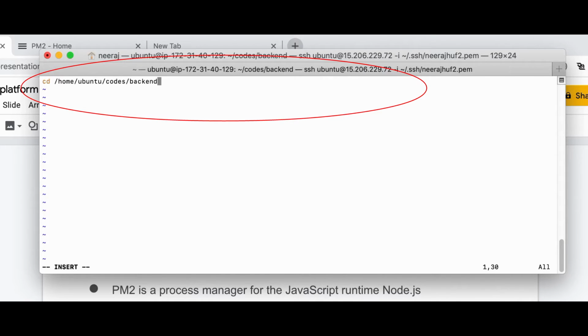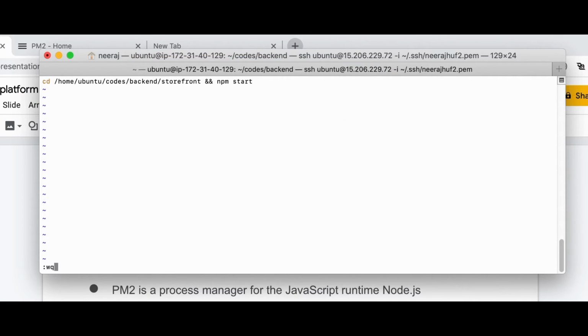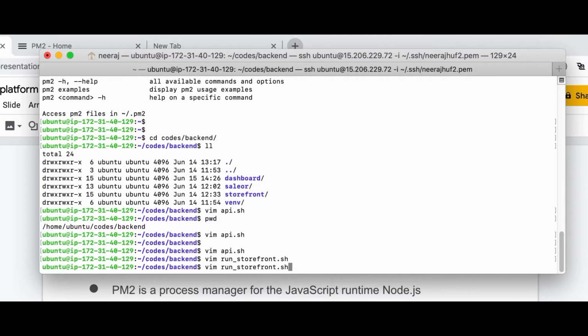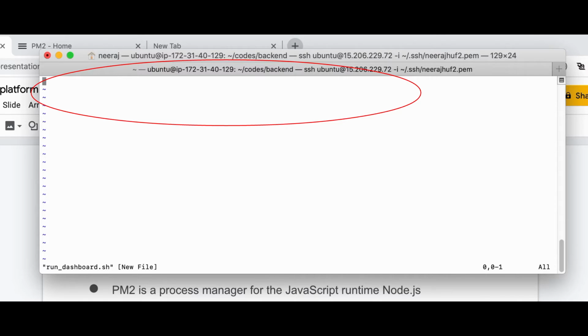I need to cd to my storefront and do npm start. Now I'll create an sh file for running my dashboard. Same steps I'll repeat: I'll cd to my dashboard folder and run npm start.